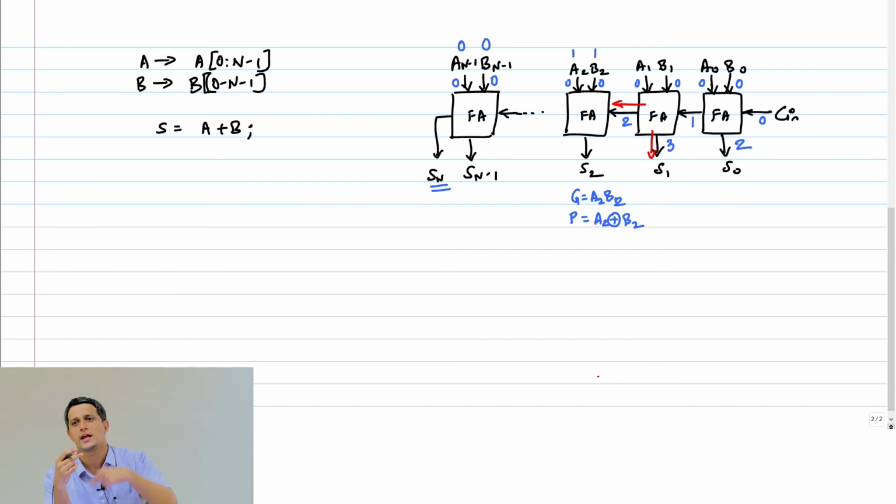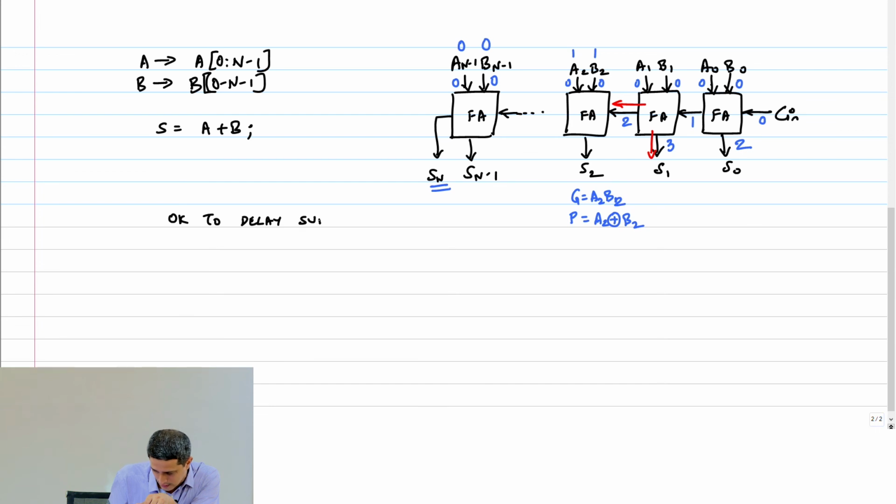So I'm saying it's sort of a deadlock argument. Unless I tell you why I gave you this 1 and 2, you cannot argue this critical path correctly. So I'm just trying to resolve that deadlock. The carry is more important than the sum because that is propagating, the sum is not propagating, and therefore it's okay to delay the sum in general. So it is okay to delay sum generation.